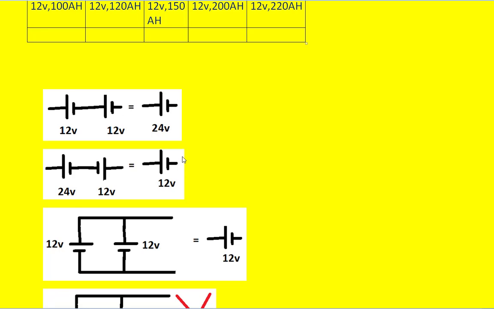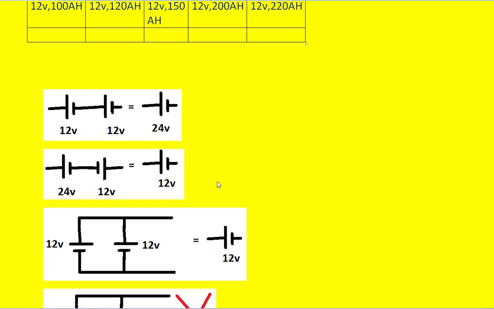So when you want to have the higher voltage, you have to connect the positive terminal of one battery to the negative terminal of the other battery. Then you will get the maximum voltage. If you connect negative terminal to negative terminal in series, then we get a battery which is the difference of the two batteries like this. This is all about a series connection.